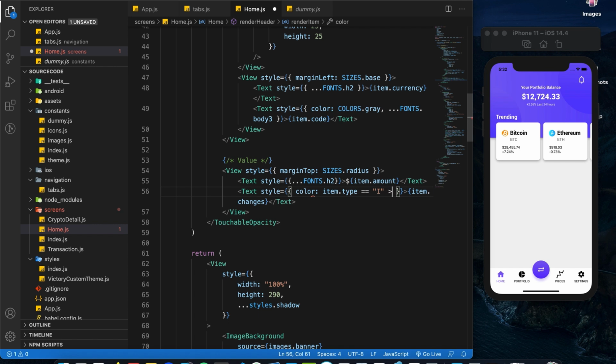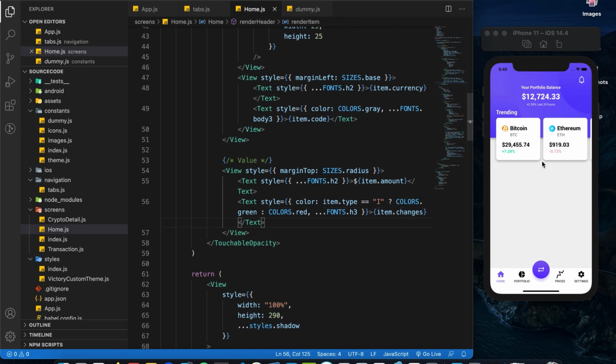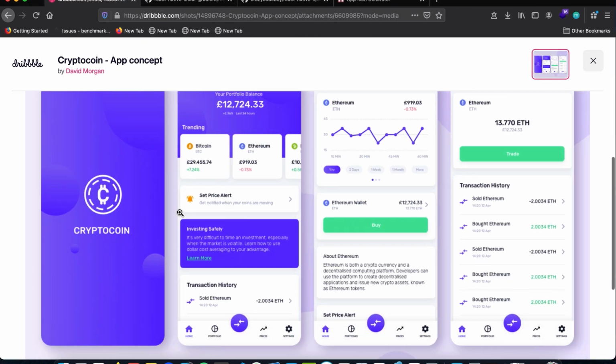I am going to set the color to green. However, if it's not I, then I will set the color to red, and the font is going to be H3. Perfect. Alright, now that the header section is completed, next we'll be working on the alert section,